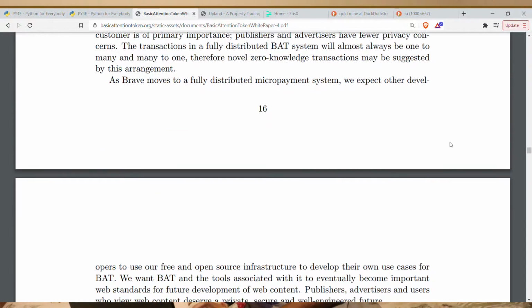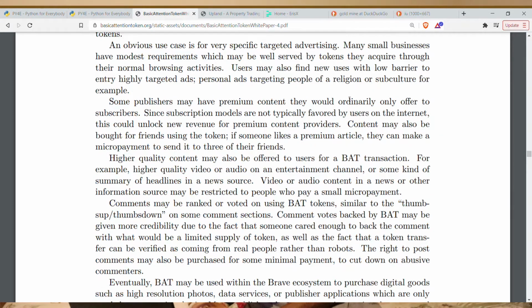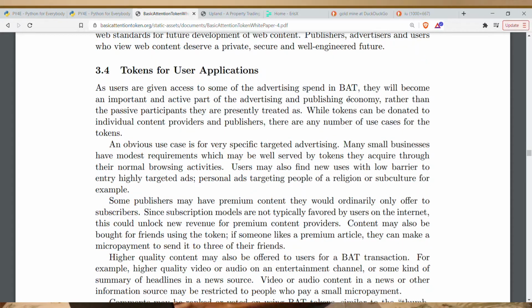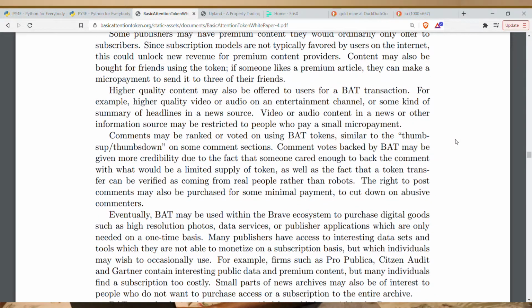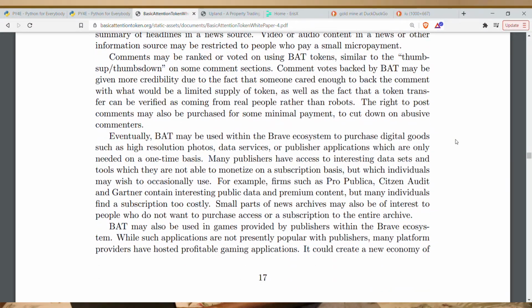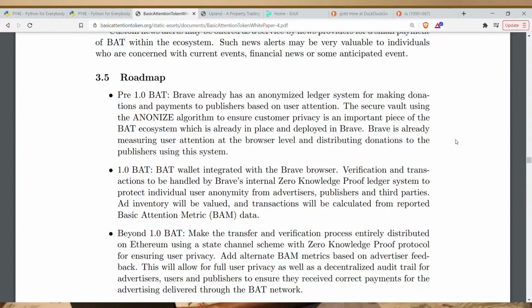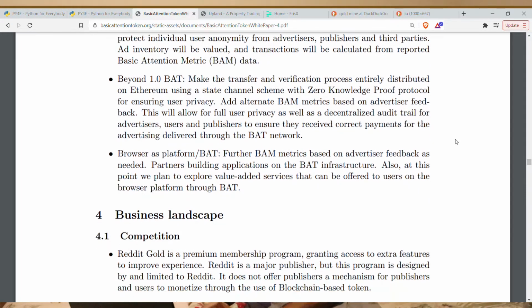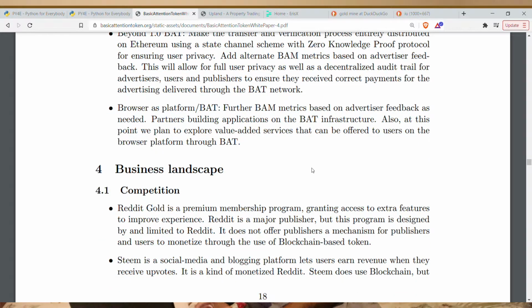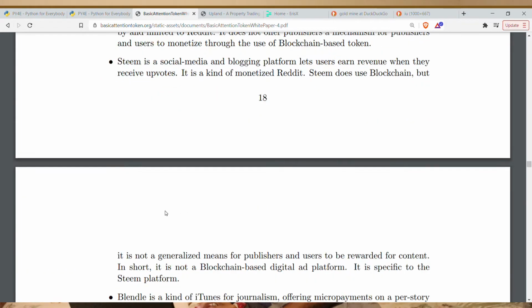Tokens for those user applications. And I could even offer basic attention token for some of the stuff I want to do, if it's on the web. I'll probably try to be verified as a publisher on this thing. Yeah, and they have a little bit of a roadmap, and this white paper is 2 years old. I think it was early 2019 that they dropped this thing, and I just found out about it in January, so I'm technically kind of late when it comes to software standards.